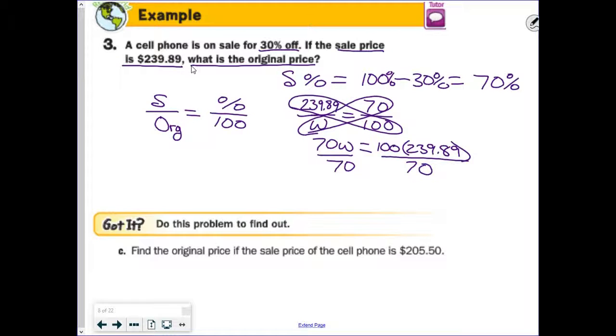And then we can pick out our handy dandy calculator and we can multiply 100 times 239.89 and divide that by 70. I recommend that you do this at least twice to make sure that you type everything in correctly and get the correct answer. And what I came up with was